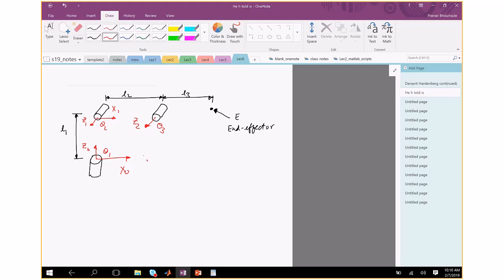So again, we need to find a relation between Z1 and Z2. Z1 points out of the plane of the paper. Z2 also points out of the plane of the paper. And so they're both parallel to each other. So if they're parallel, this is case 3b. If they're parallel, then there are infinitely many normals to these two lines, right? If you want to make life simple in terms of the table, then you want to choose X2 such that it passes through the origin of the previous axis. So if you draw it this way, for example, it will actually pass through origin of 1, or O1, if not written on O1. So I would choose